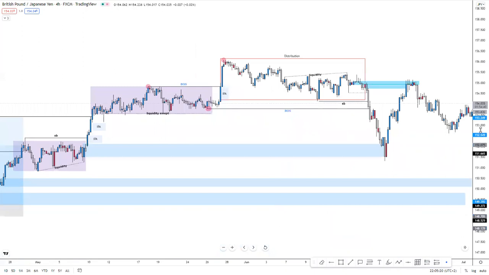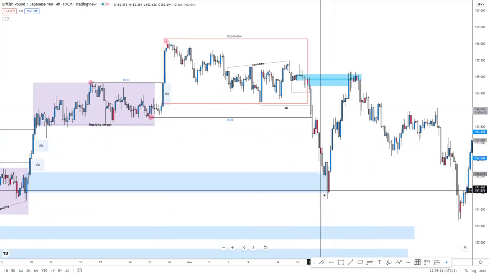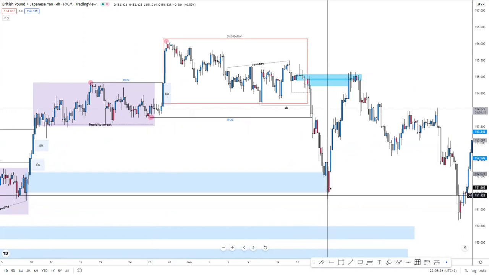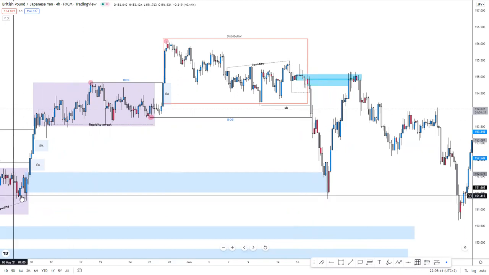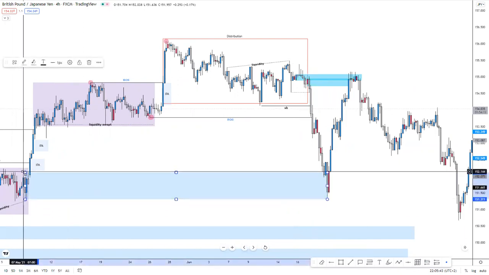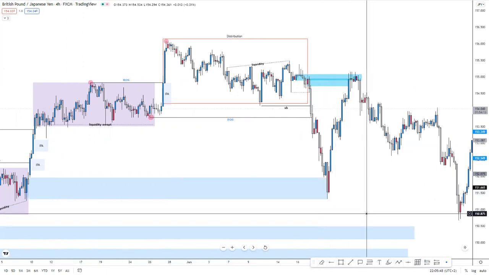So what happens? Price comes in, right? We buy from here, obviously, because we can see the shift, right? So usually when it comes to swing trading, if you want a solid, perfect entry, you'll go down to a lower time frame, wait for that confirmation. If you're someone who just wants to, let's fix this order block, guys. I couldn't see it nicely. If you're someone who wants to